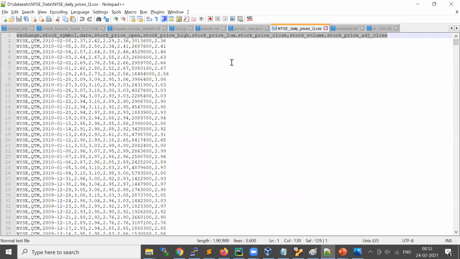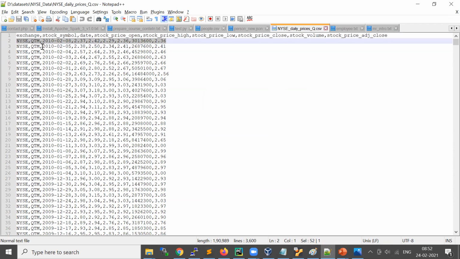Okay, so this is how my input data is. The first line is basically the column names of each field, and each line is one stock entry on a particular date.